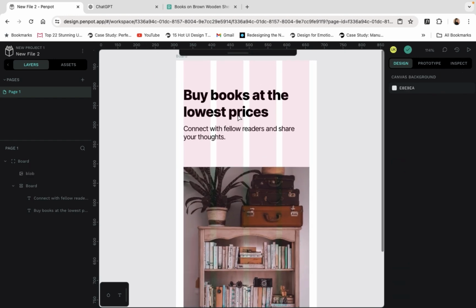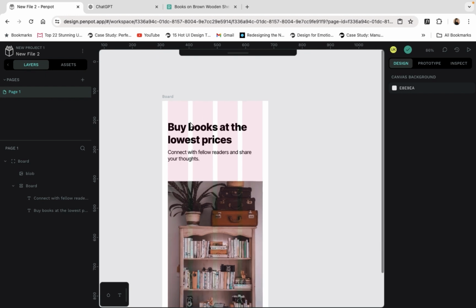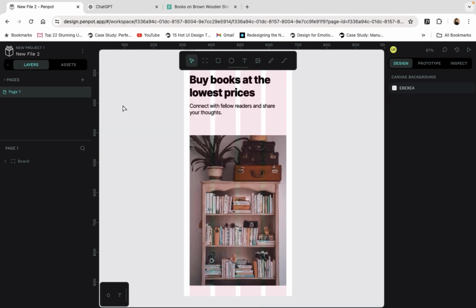Now what I'm going to do is add a CTA here, or maybe I will just shift this text to the bottom and keep the image at the top. So let's do this.